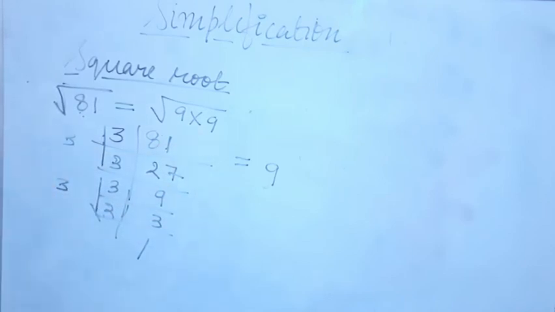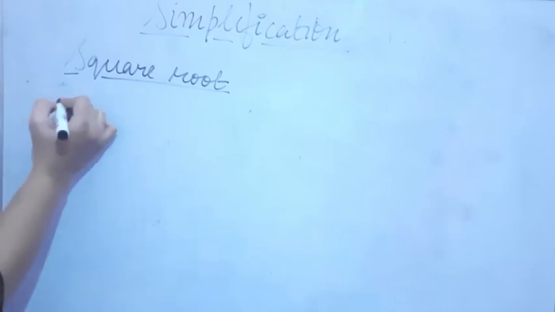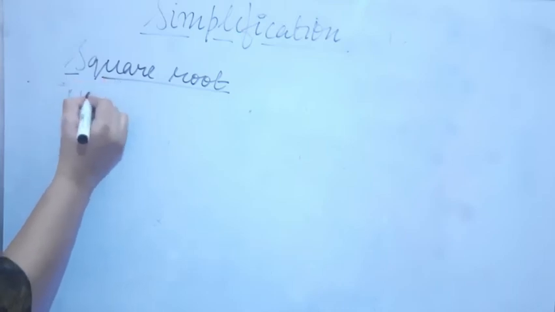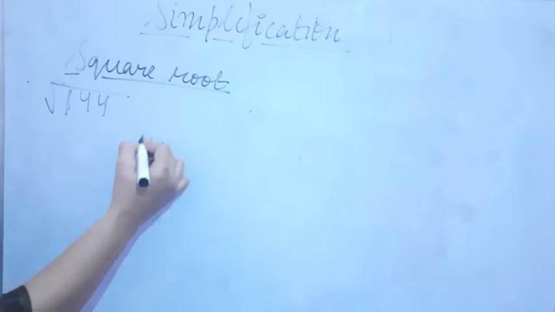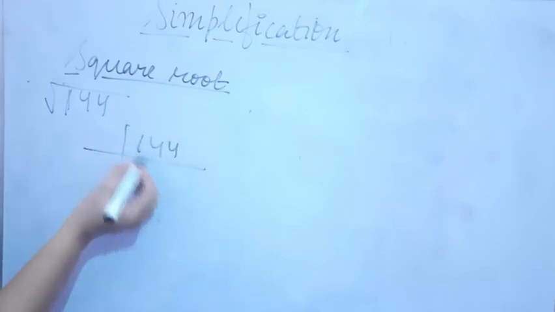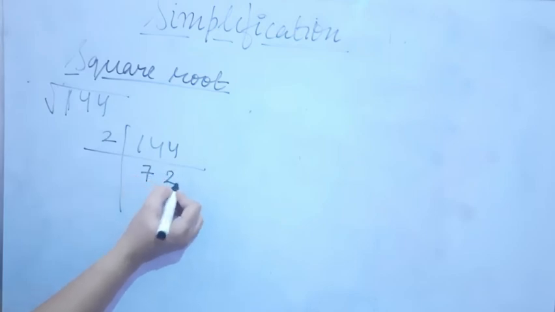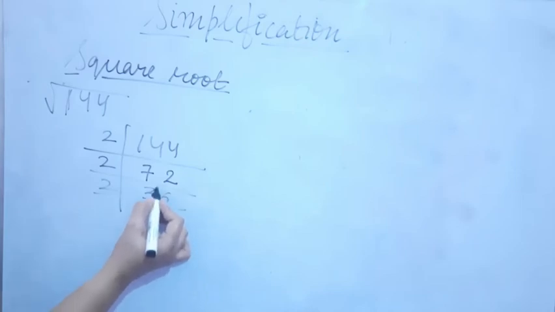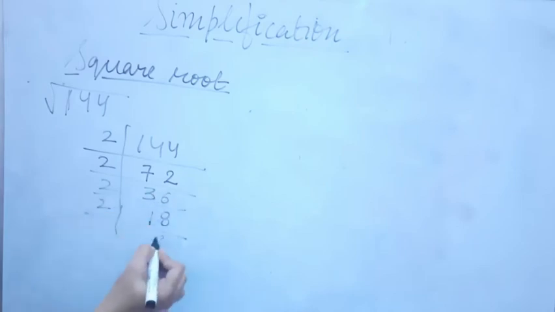In the same way, I will be explaining some more examples so that you understand, because in the book it is written directly. So if I take as an example 144, we have to find out the square root of 144. So how will we obtain it? Find out the LCM of 144 from the smallest number. We have to begin. 2 7s are 14, 2 2s are 4. Again 2 3s are 6, 2 6s are 12. Again 2 1s are 2, 2 8s are 16. Again 2 9s are 18.